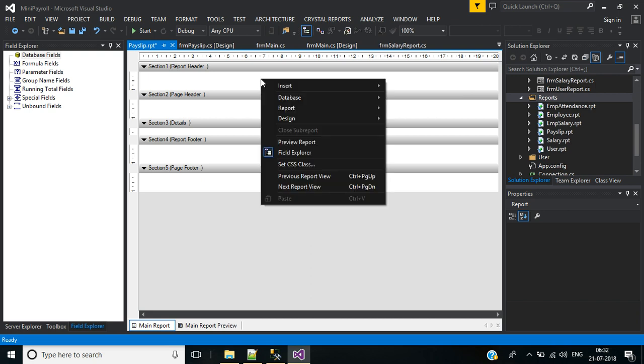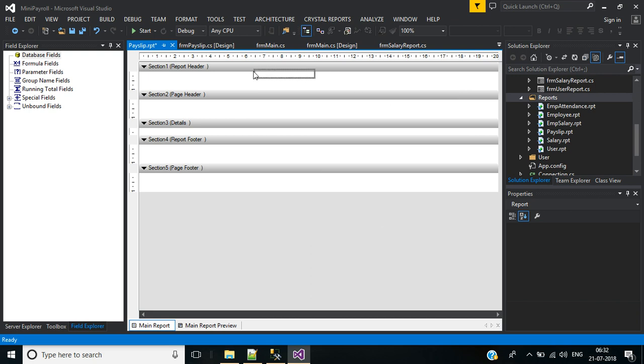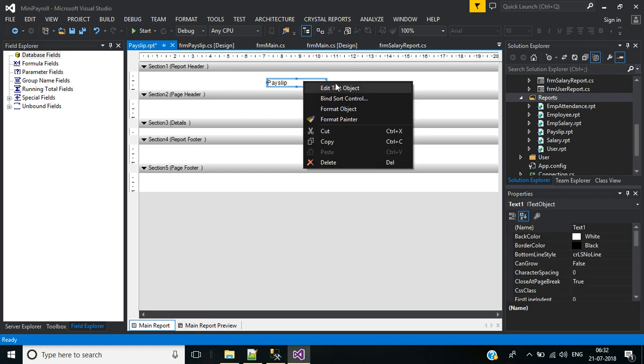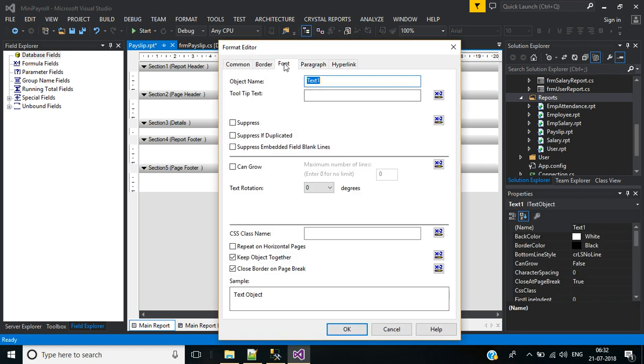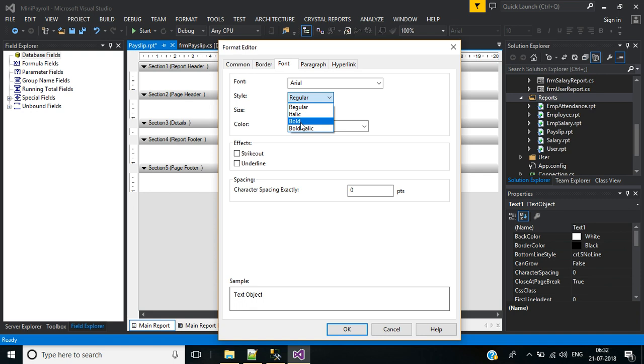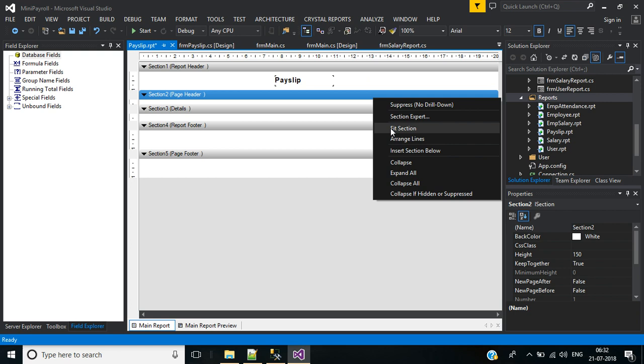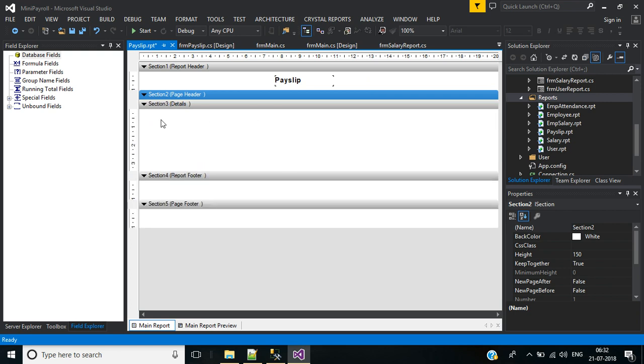In report header, I want to specify text object payslip. Format object. Here I want to change font style bold, font size 12. Click OK. In report page header, I haven't used anything. In detail section,